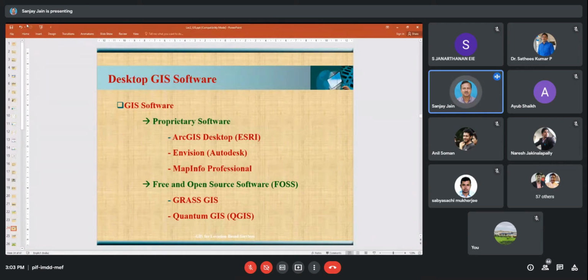One Indian software was also developed, perhaps by IIT Mumbai, but it was not very successful because it was not so user friendly or versatile in comparison to other software available at that time. So we have to see whether whatever software we are creating has that much capability or not. But I can say that Quantum GIS is also not bad, and we can use it for a number of purposes.